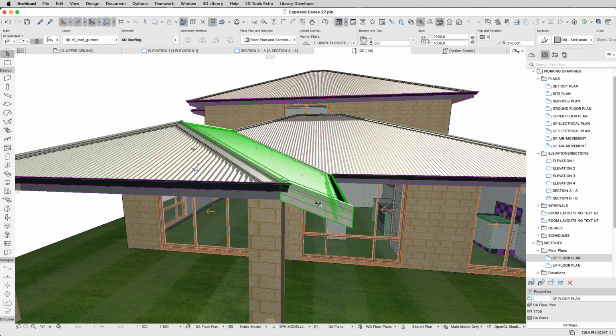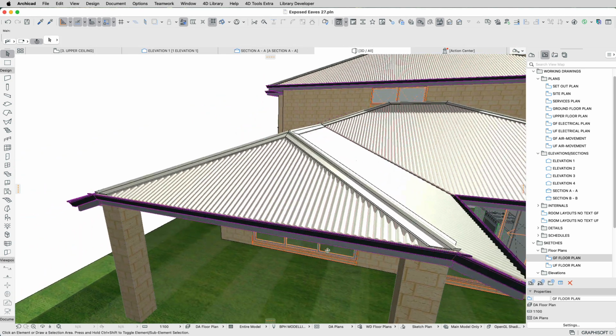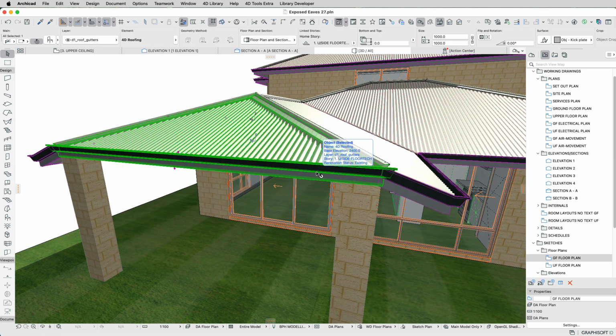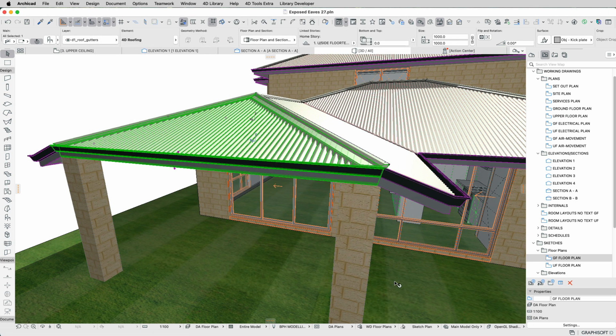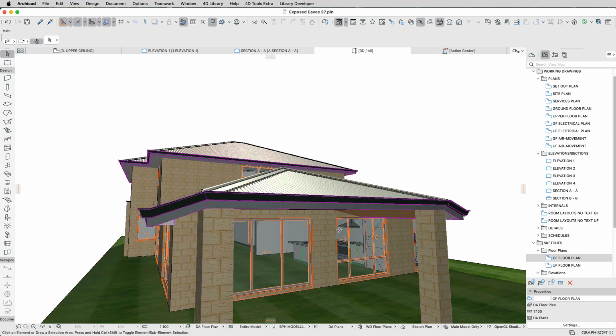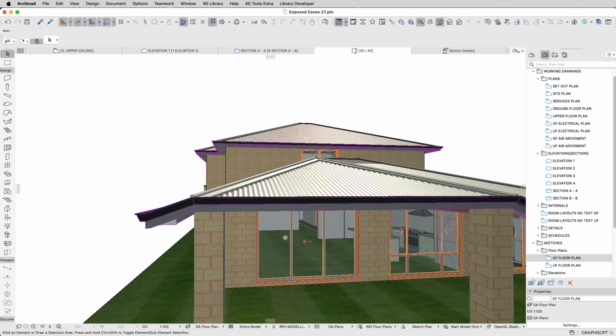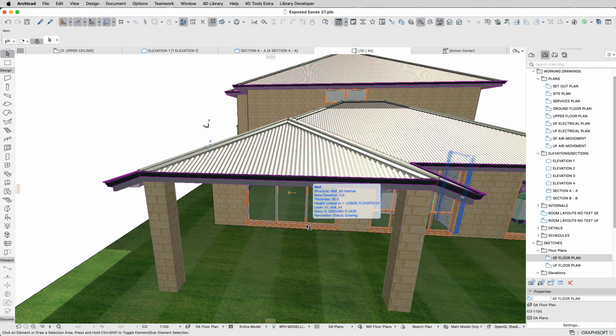Okay, and let's do the same on this side. Select that spandrel, gutter and fascia. Okay, and now it's just a matter of editing the gutter here, and it's angling down to the gable gutter on both ends. There we have it. Really, really nice ending to the gutter there. Okay, let's